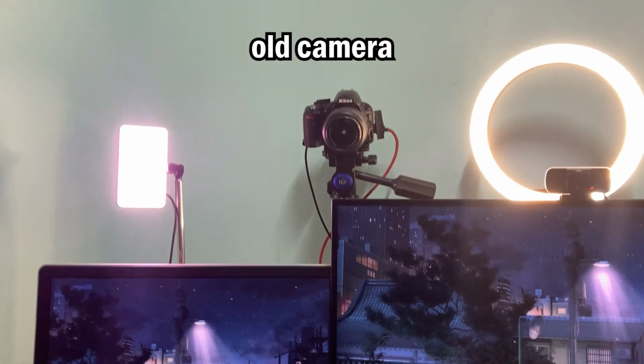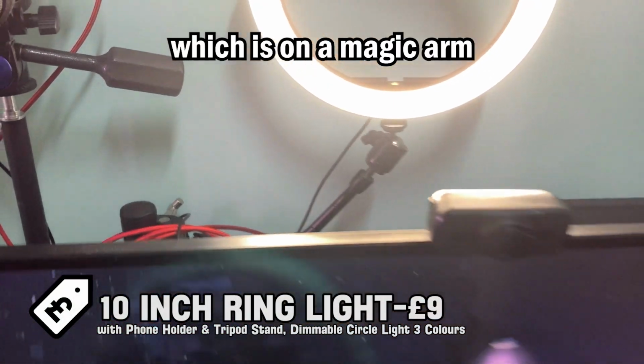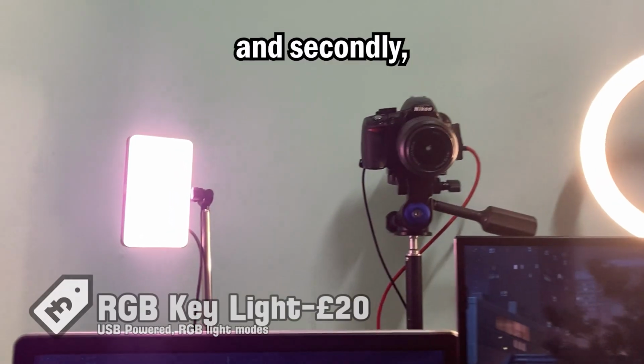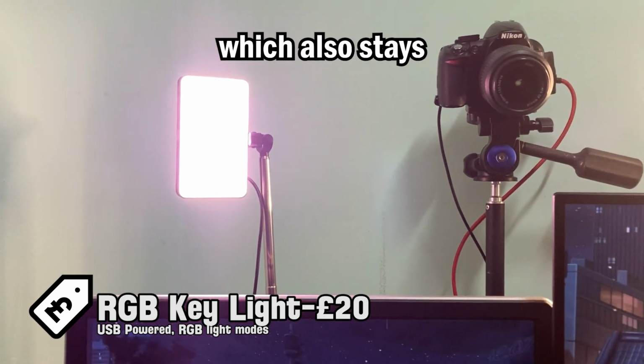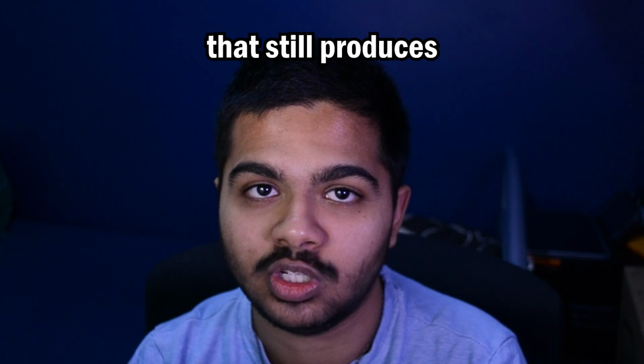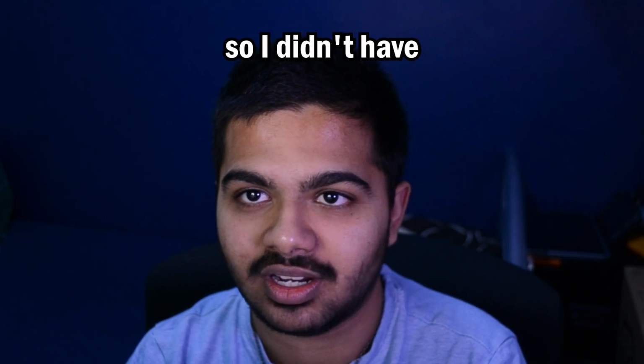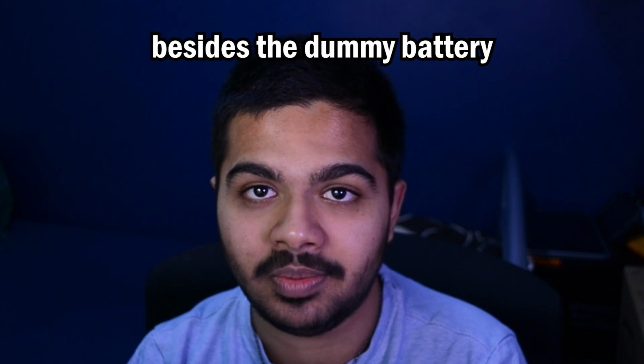To make this 10-year-old camera look the best it can, I use two lights. Firstly, this 10-inch ring light, which is on a magic arm mounted to my monitor mount, and secondly, this RGB key light, which also stays mounted to my desk. The Nikon D3100 is an old camera that still produces very good looking 1080p, and it was just a camera my family had lying around, so I didn't have to buy anything besides the dummy battery and the capture card